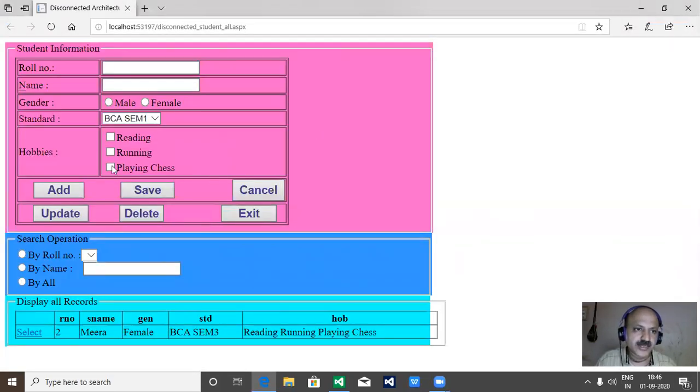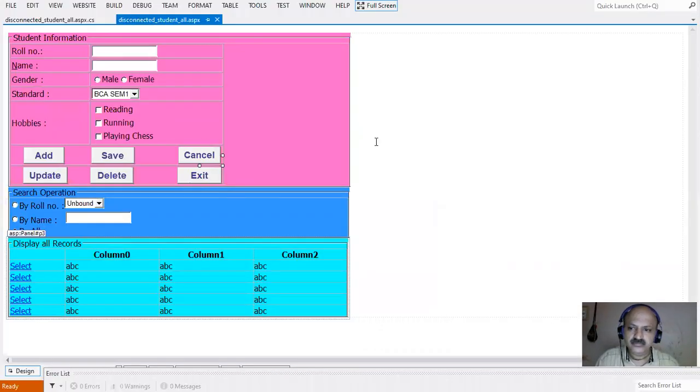Yes, now okay, and I press the add button. So yes, that is 3, and you can take Ram. Yes, Ram, then mail. Yes, sometimes that is not giving perfect results, so I select all hobbies, no, but only 2, and then I can press add, so save, yes, exit, yes. What happened? So all are well.